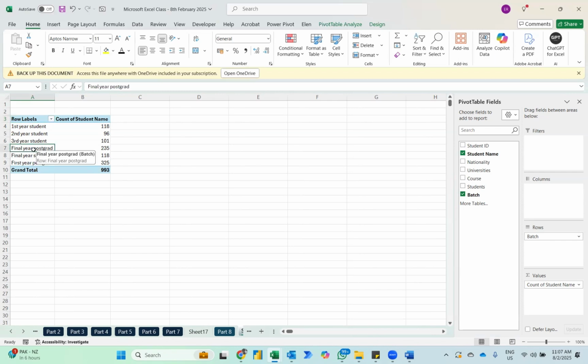Dia kena letak sini. Because after third year, we have final year postgraduate. After final year postgraduate, we have final year student. And then last one is first final year postgraduate. So the arrangement lari. The arrangement is not correct. So what you want to do is, you click on your final year student, right click,